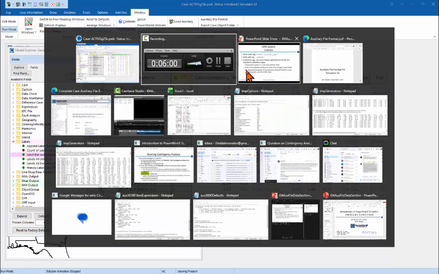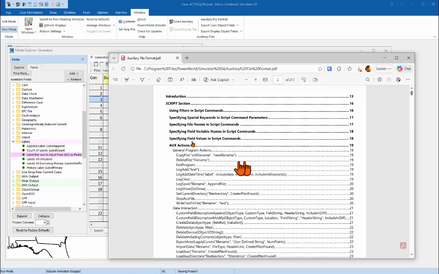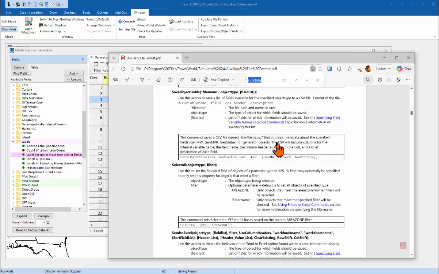And then it'll open a PDF document like this that, among other things, has a kind of dictionary with syntax of all the script actions. Again, script actions are discussed primarily in a different training section. But in this document, if I search for the word SUBDATA,